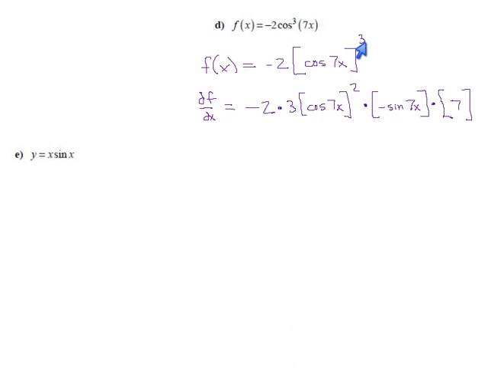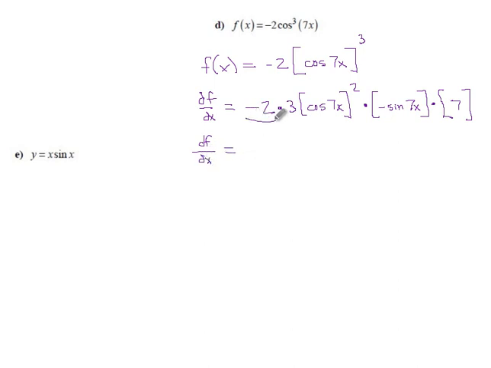So we peeled off the third power, and with that gone, it was just a cosine. Then we peeled off the cosine, and what's left now is 7x. And after you do that, there are no more layers, and that means you get to stop. So this is our derivative all telescoped out. And if we clean it up,